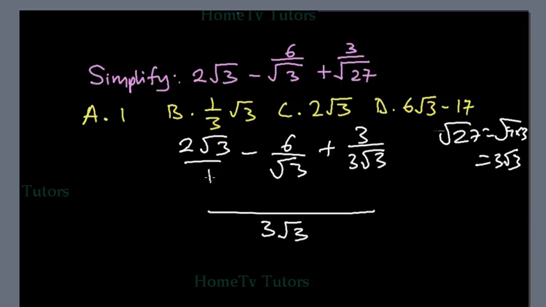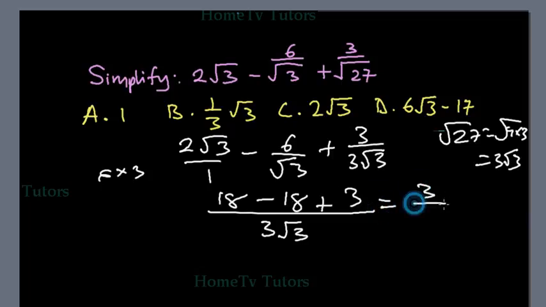Okay. So 1 in this gives us 3 square root 3 times this. So 2 times 3 is 6. Square root 3 times square root 3 gives us 3. So 6 times 3 gives us 18. This and this we have 3. 3 times 6 gives us 18 plus 3. So that gives us 18 minus 18, 0.